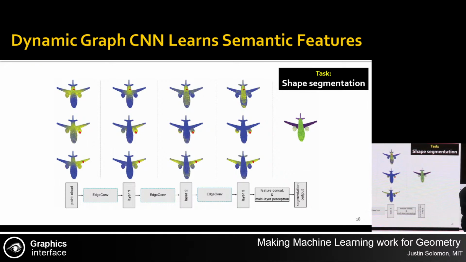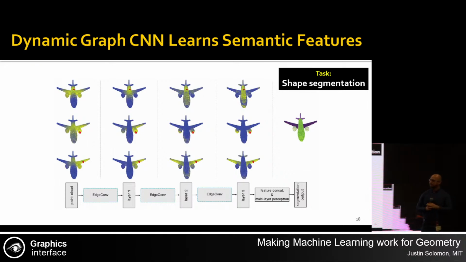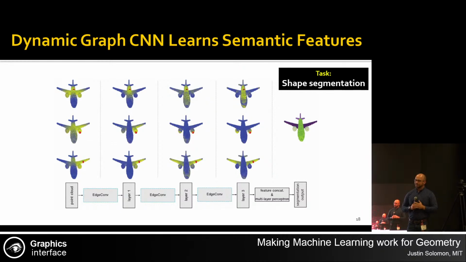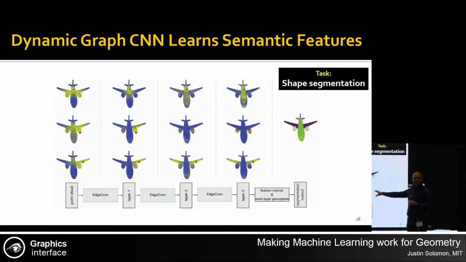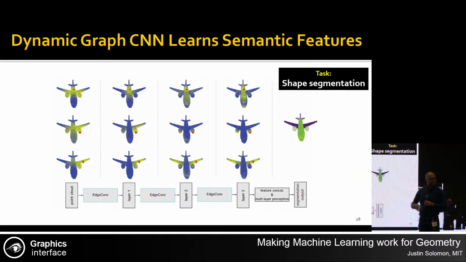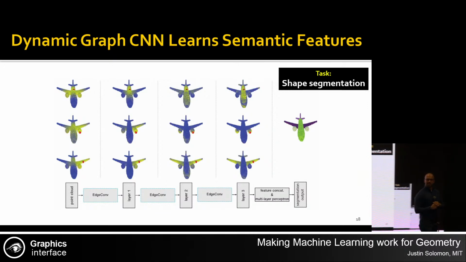And this was really remarkable to us because we're not adding objective terms that necessarily are cognizant of these different things. In particular, I guess this particular example is not great because we're solving shape segmentation, so it actually does know where the wings and the engines are. But even if we solve a task like just distinguishing different shape categories from one another, what we found is that these images still look pretty similar. In other words, semantic similarity at a local scale was being learned from the broader machine learning task, which is really remarkable and exciting.